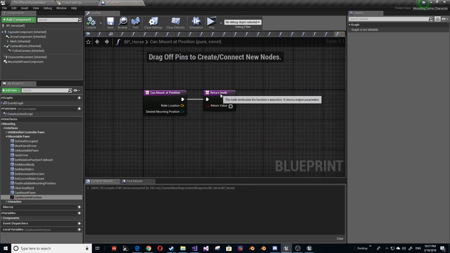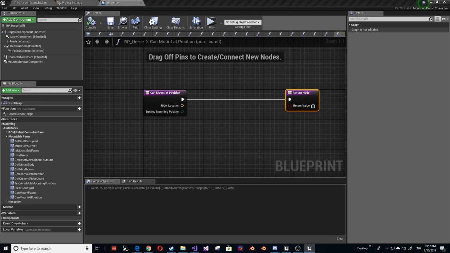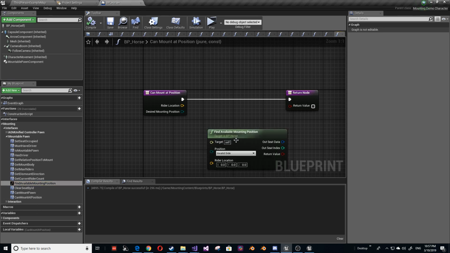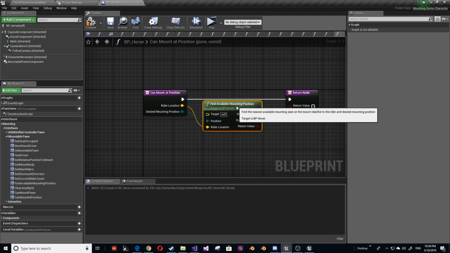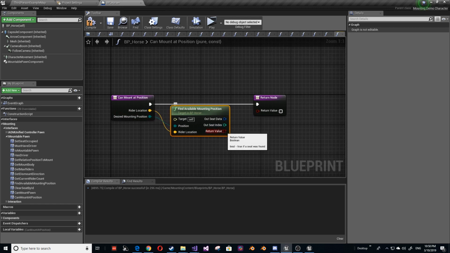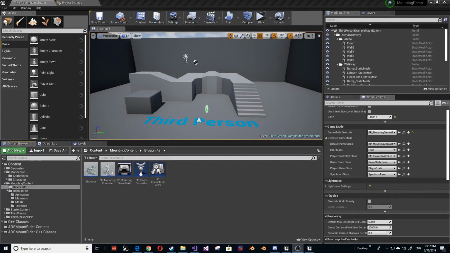Now, can mount at position is basically just a question of if I'm standing on the left or the right, or front, back, top, bottom of this vehicle, is there a seat available for me according to the position that I'm standing at? So I use that same function, find available mounting, and just pass whether that came back true or not. All right, so now we're going to set up the ride controller interface that exists on